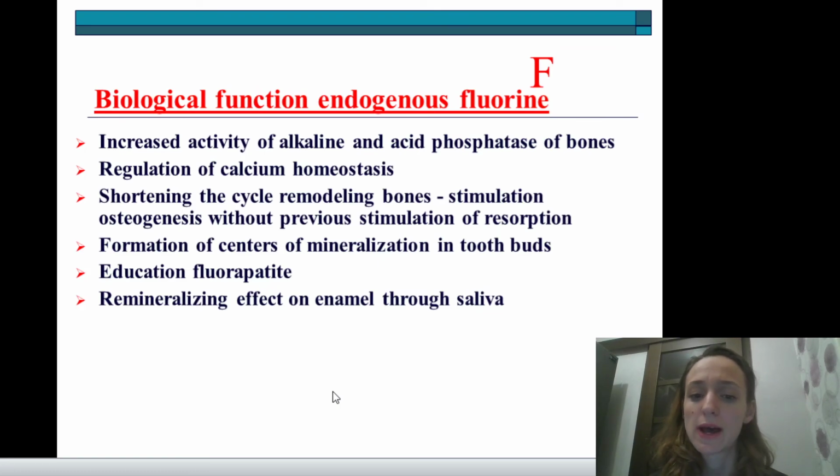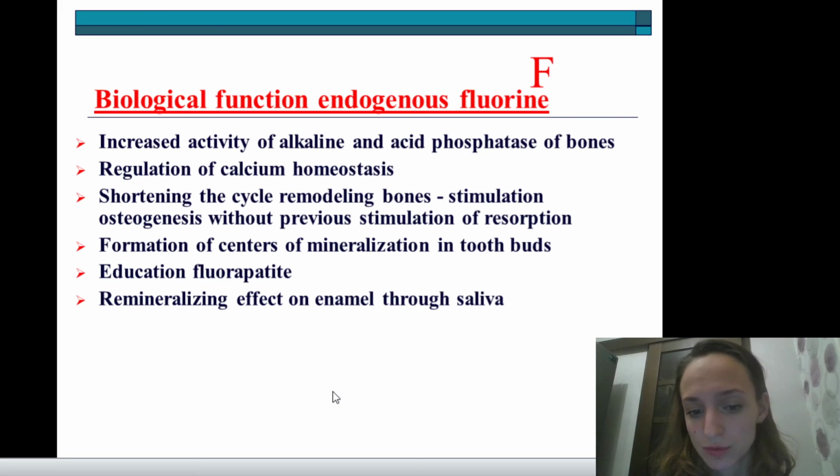Biological function of endogenous fluorine: it is increased activity of alkaline and acid phosphatase of bone. It is regulation of calcium homeostasis. It is formation of centers of mineralization of tooth buds. It is formation of fluorapatite, sorry,